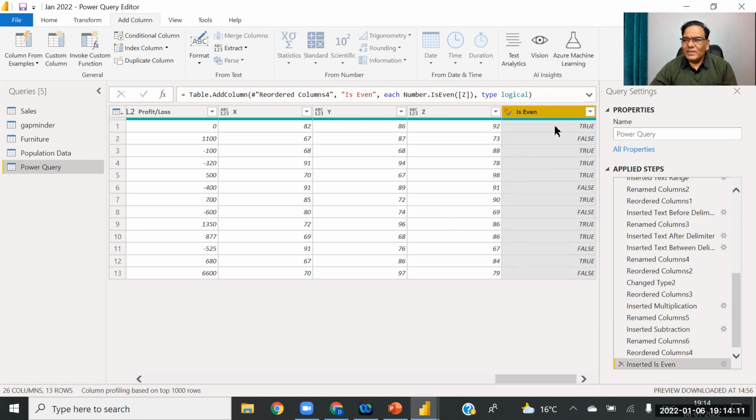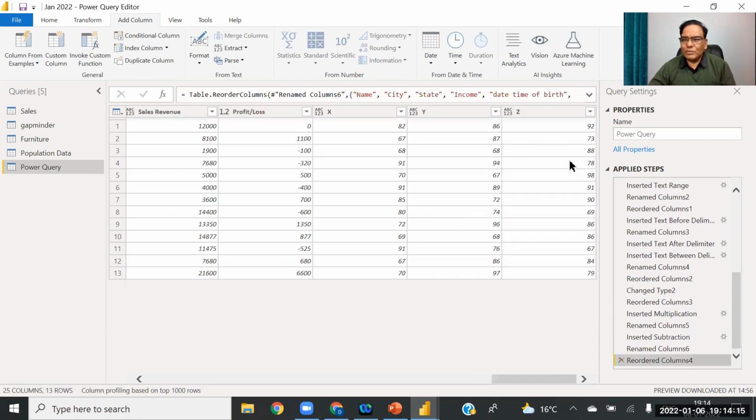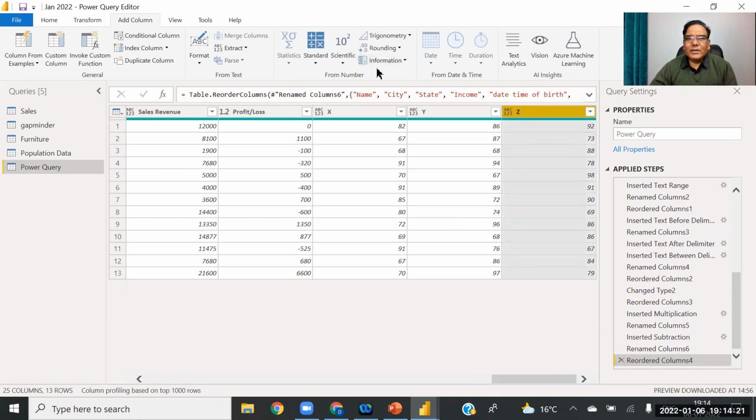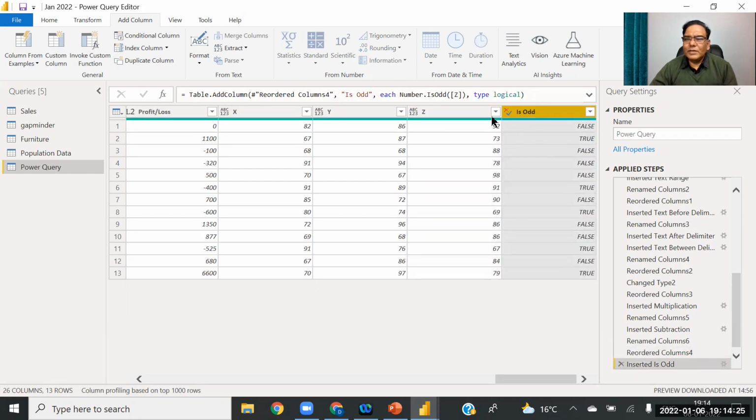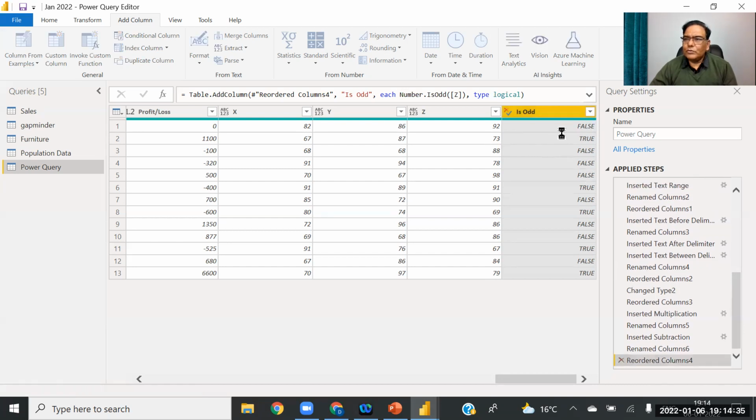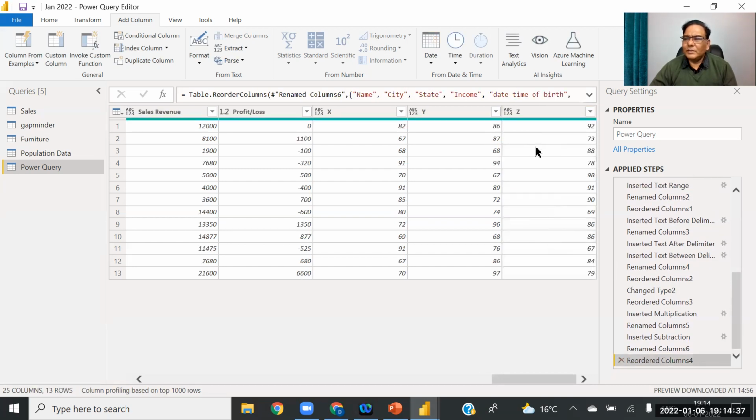So I don't think it is a very important function, but because the software provides it, maybe you will use it sometime. Similarly, I can go to odd, to check whether it is odd or not. So 73 is an odd number. Whenever the number is odd, it is true. Otherwise, it is false.